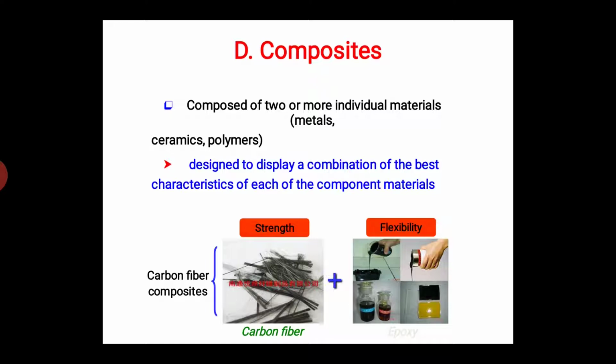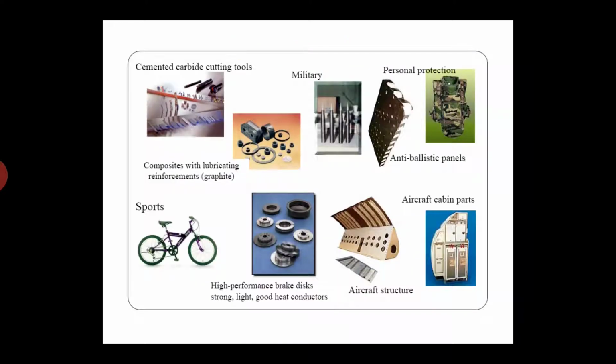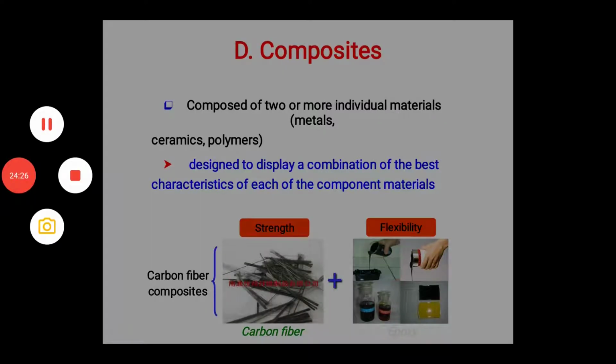Then the next reinforced composite material is RCC structures. It consists of water, cement, steel bars, steel angle and the stone. Because of that it provides good properties to the composite. Then carbon fiber composites, here we can observe the carbon fiber composite and its flexibility. This is nothing but composite materials.